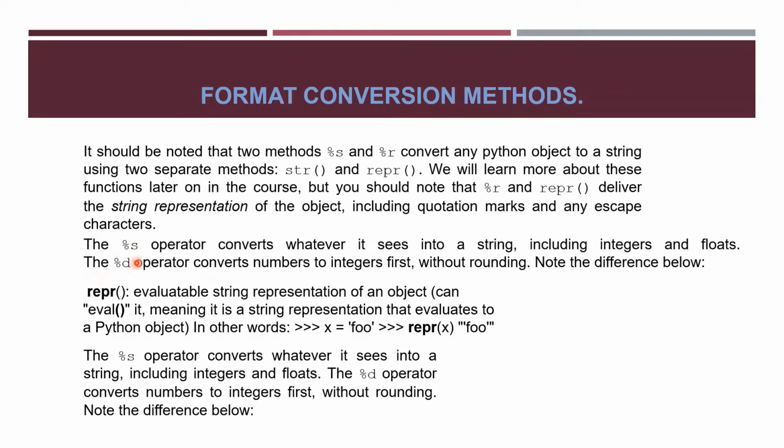The %s operator converts whatever it sees into a string, including integers and floats. And this %d is very special, programmers, because it removes the floating point and just gives you an output as an int. As you can read all this, I'll give just one second to read. Okay, let's